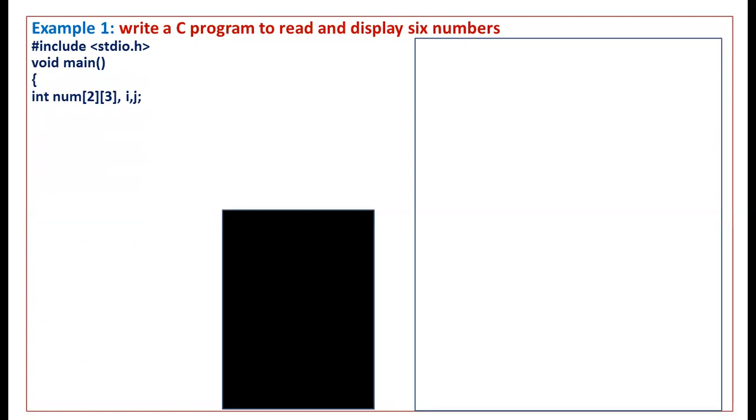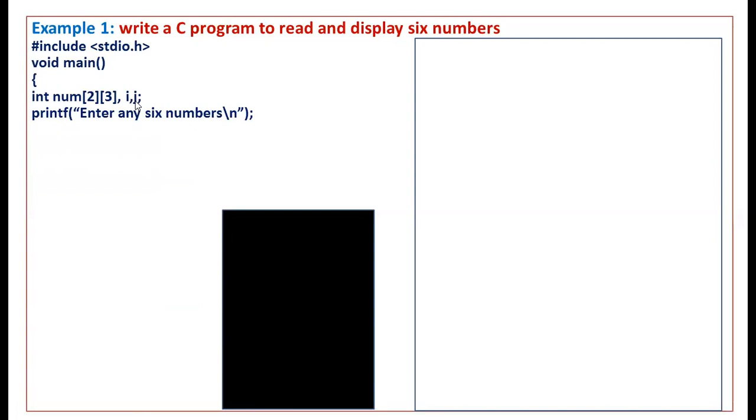The first control variable i is used for the first for loop, and the second control variable j is used for the second for loop. Okay. Enter any 6 numbers. Now you start to enter 6 numbers from the keyboard.